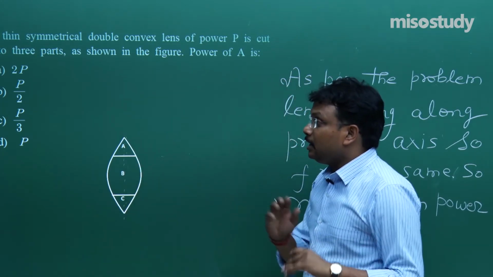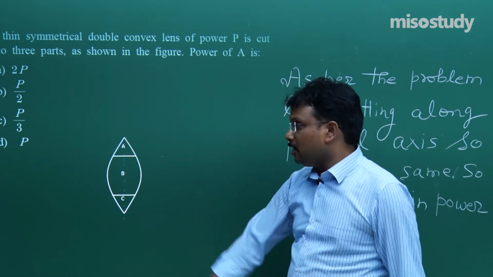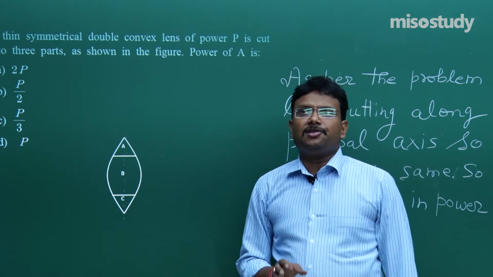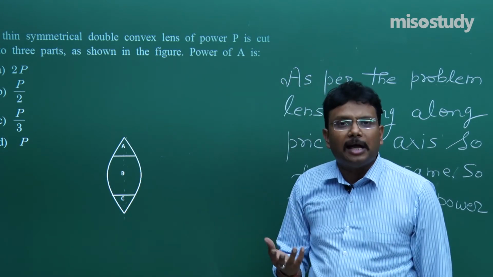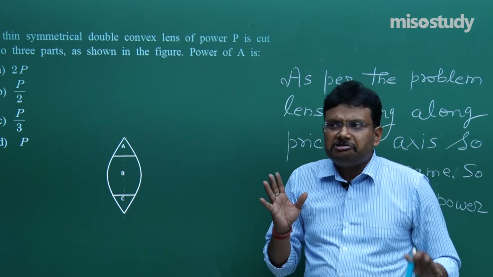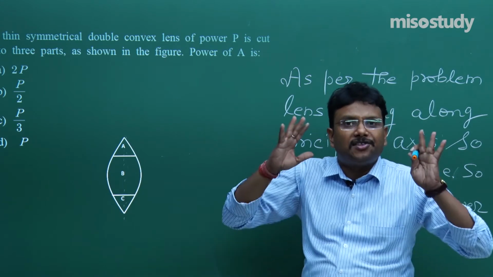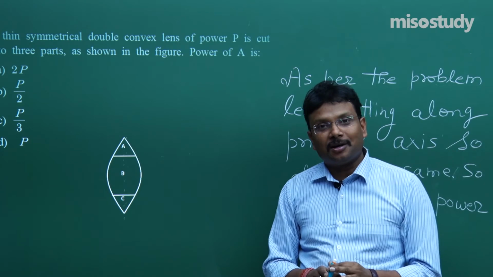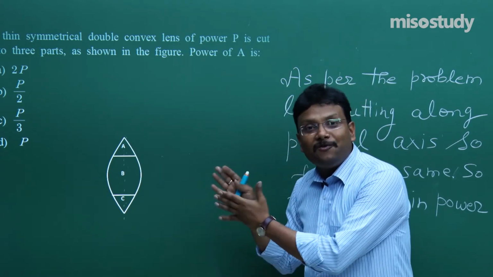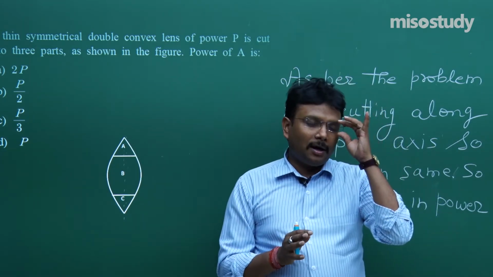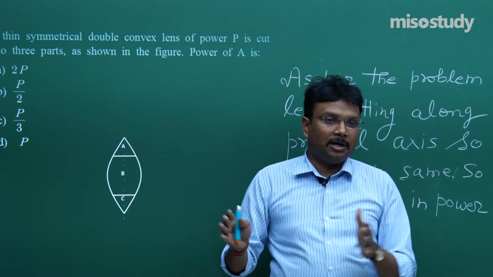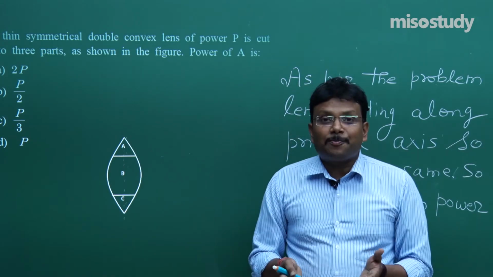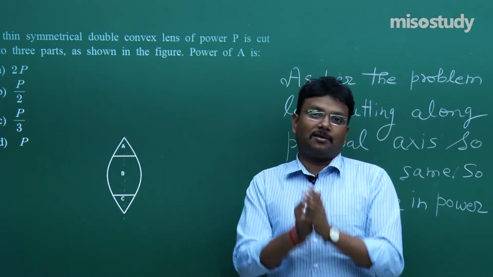Now, in the medical entrance exam, if you analyze the paper seriously, you will find that out of 45, around 12 to 15 questions are like that. If you have conceptual clarity, you can solve those questions in just 15 to 20 seconds. Imagine the situation. You can save a lot of time in physics. You have 180 questions and 180 minutes. You can attempt the physics paper in just 40 minutes.